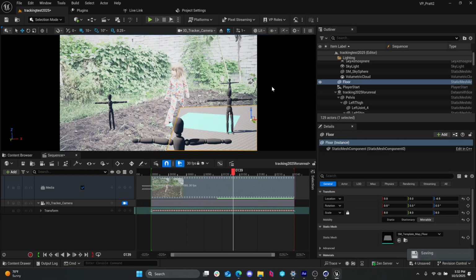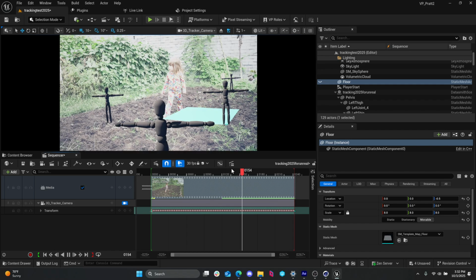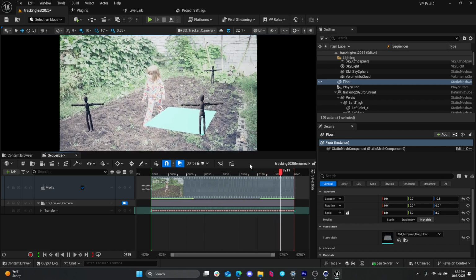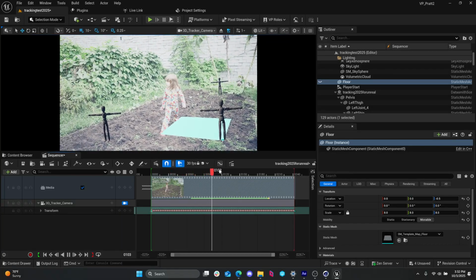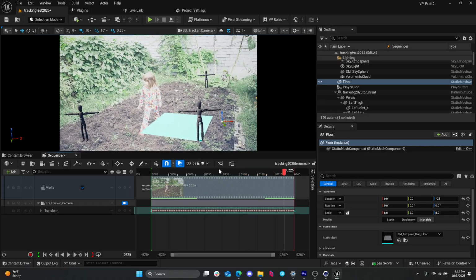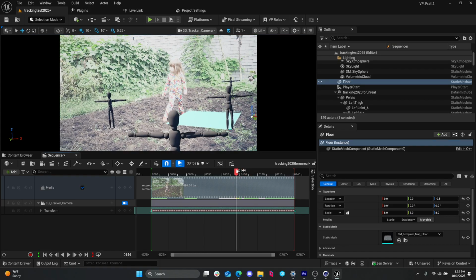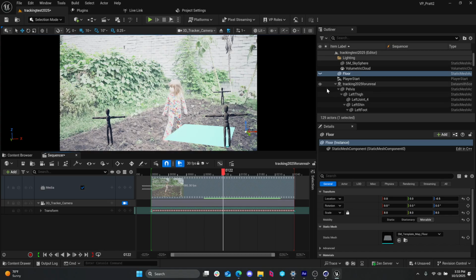I'm going to get rid of this floor that came with Unreal. It's a little jerky there when it buffers, but it is working. Cool. Other things that I could do, let's try to make this look a little bit better. So in the camera,